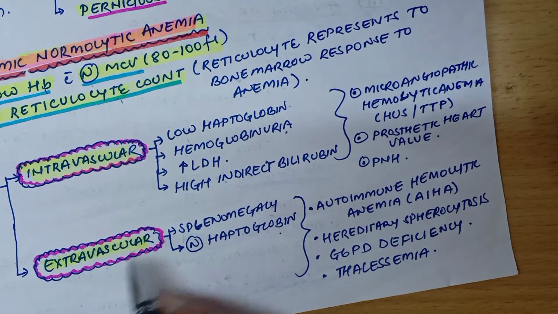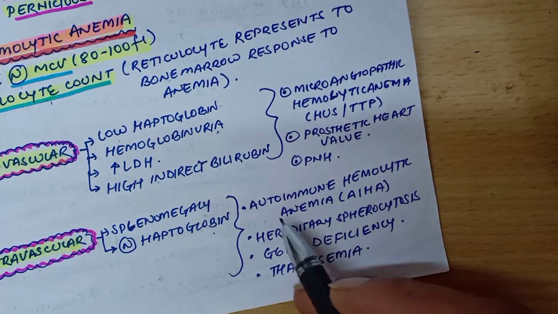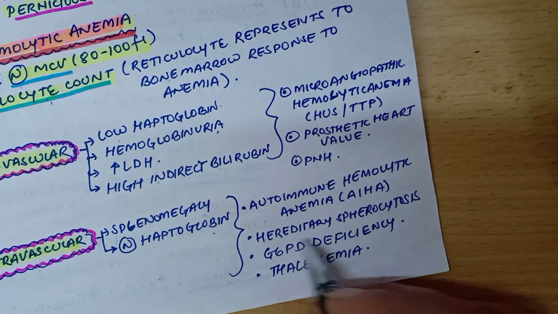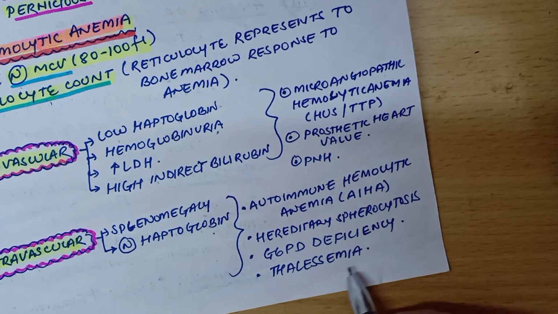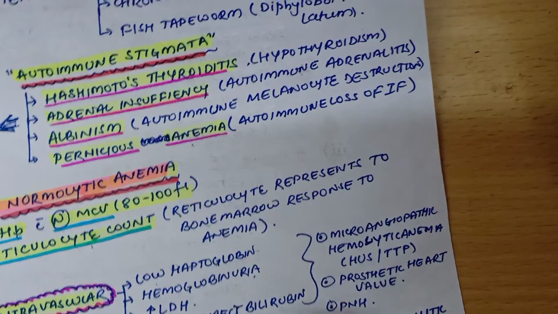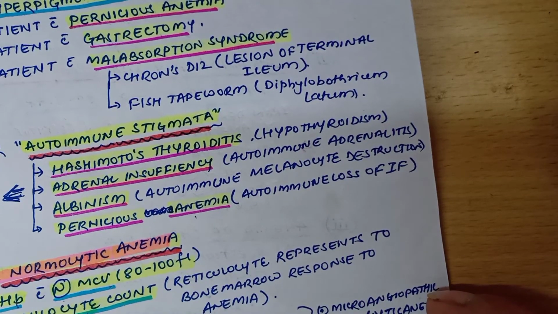Extravascular hemolysis is seen in autoimmune hemolytic anemia, hereditary spherocytosis, G6PD deficiency, and thalassemia. So this much for today, and we'll be discussing different types of anemia in detail in our further